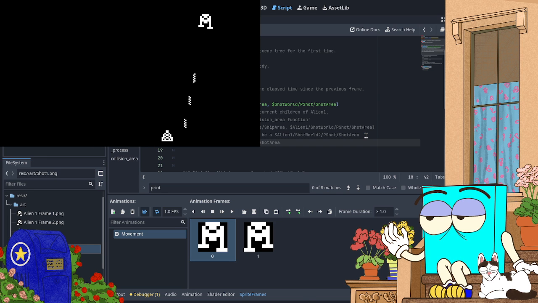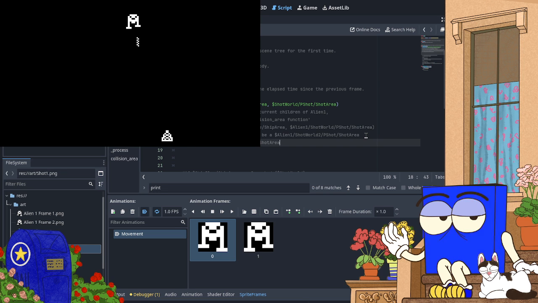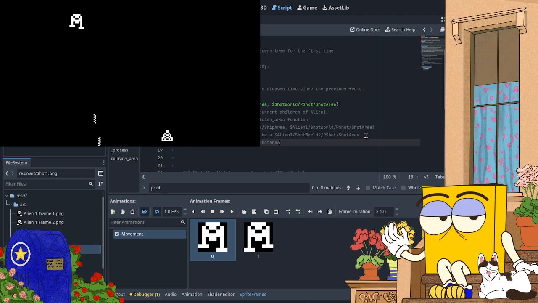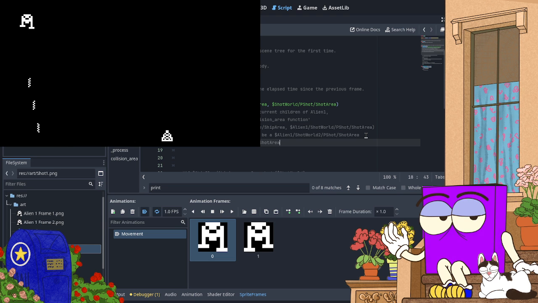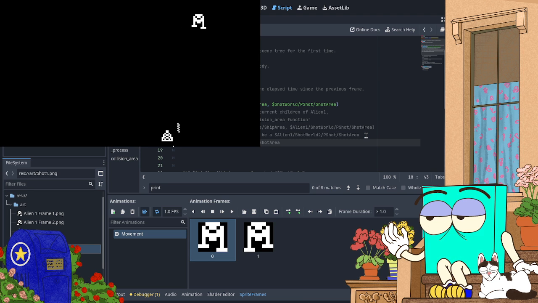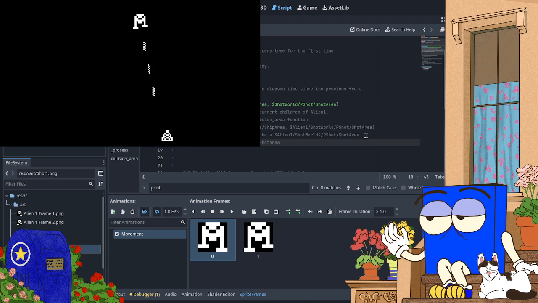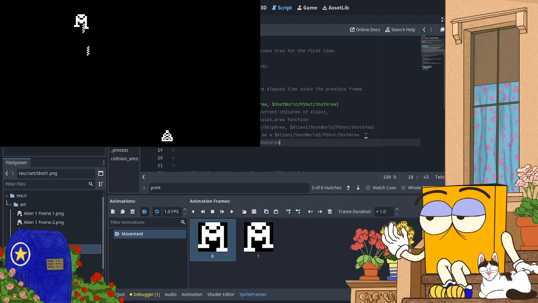And I have to figure out which children it has at the moment. And I'm sure I'm making this sound more complex than it is. I'm pretty sure I can do this with a get children.